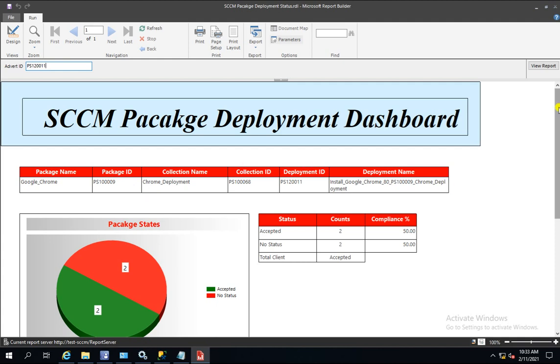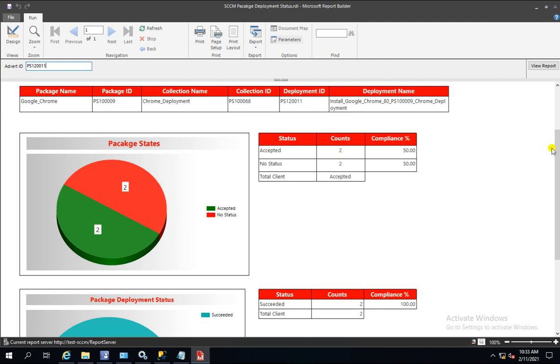Okay, so now let us talk about the first stage. In the first stage, I targeted Google Chrome on four machines. Of the four machines, two machines got the policy accepted, in the sense that two machines got the policy, and two machines have no status.